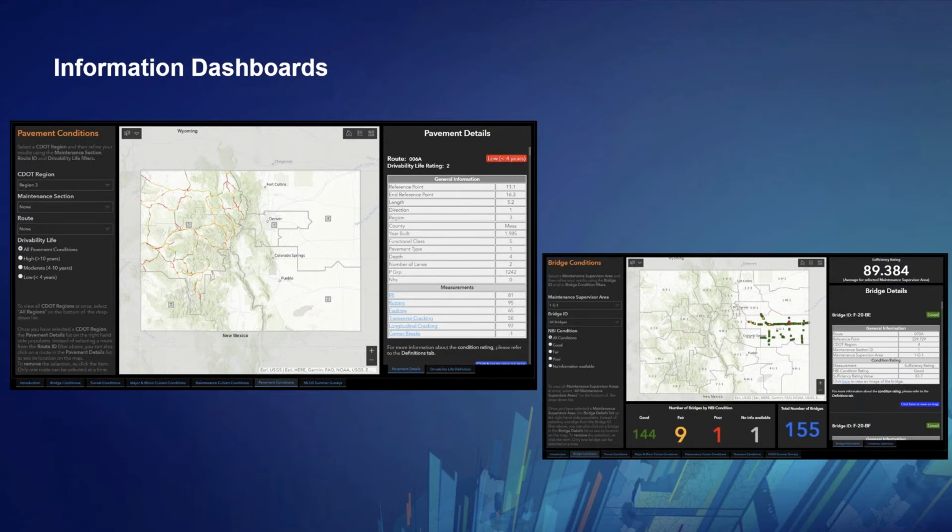And a second thing is all of the asset information. So in this particular case, we're really showing two, what I would call asset information dashboards from the Colorado Department of Transportation. If you take a look on the left-hand side, I'm looking at pavement conditions. I can look at everything from IRI, rutting, faulting, cracking, etc., and really drill down into any highway segment, looking